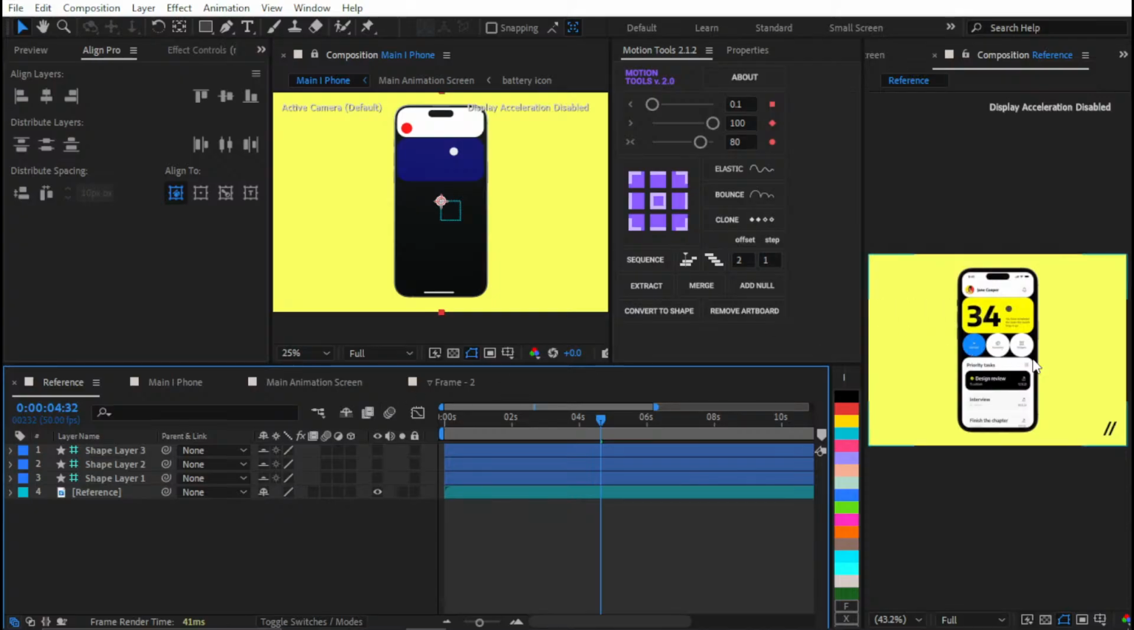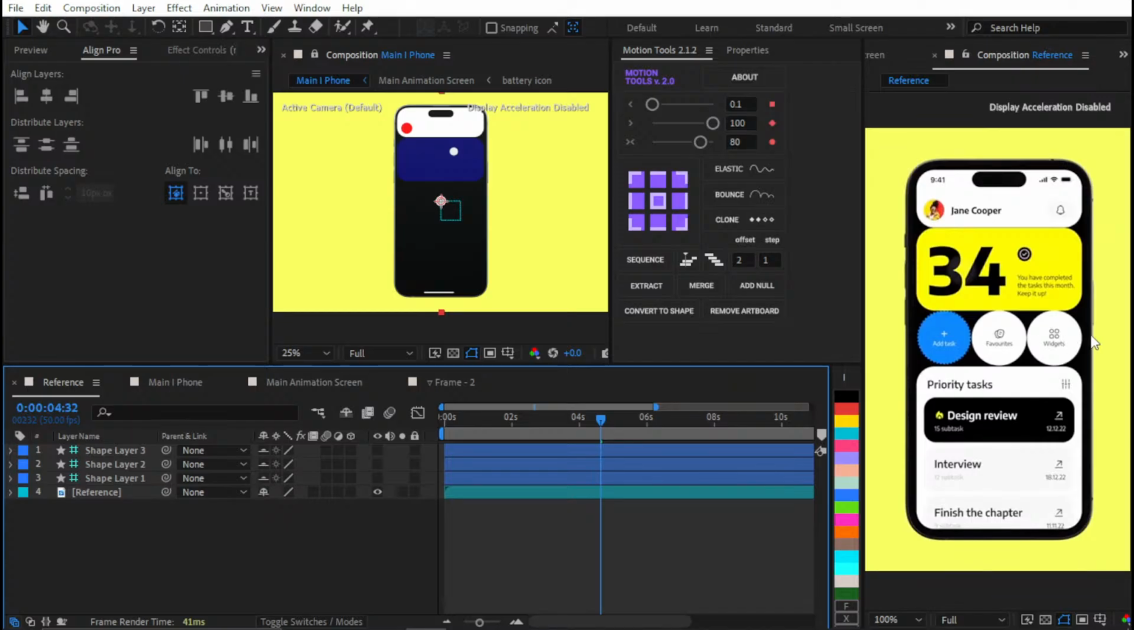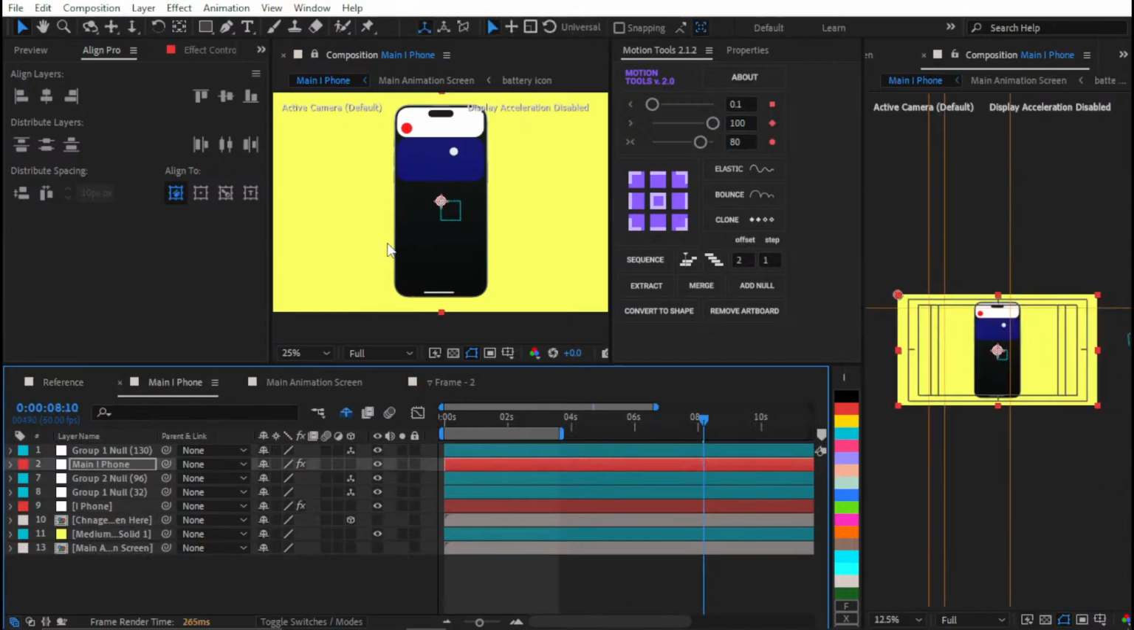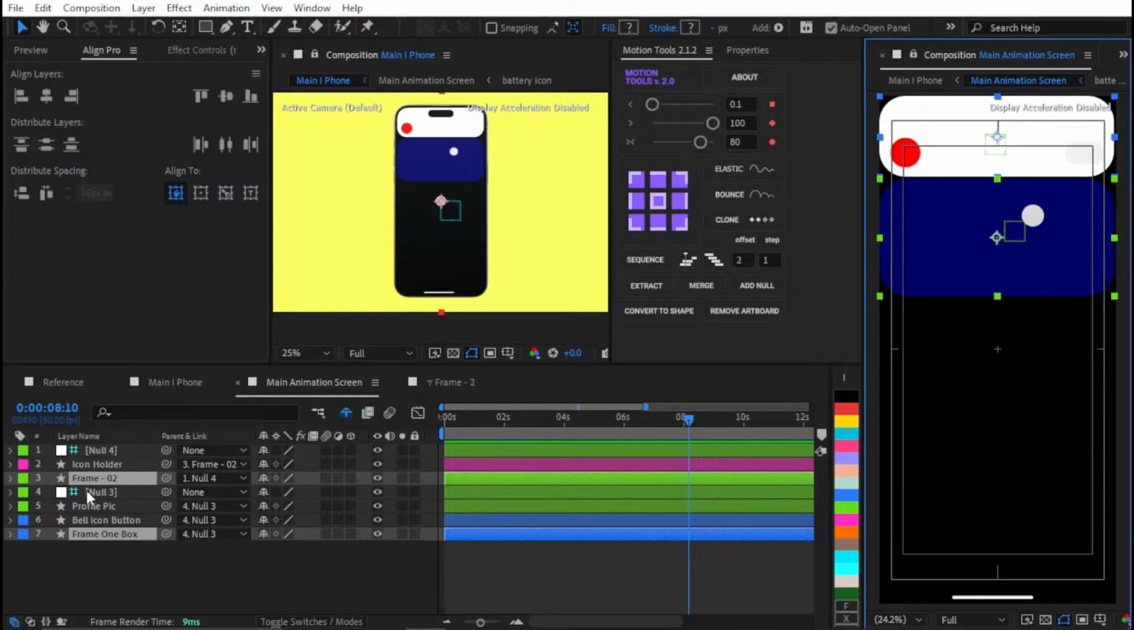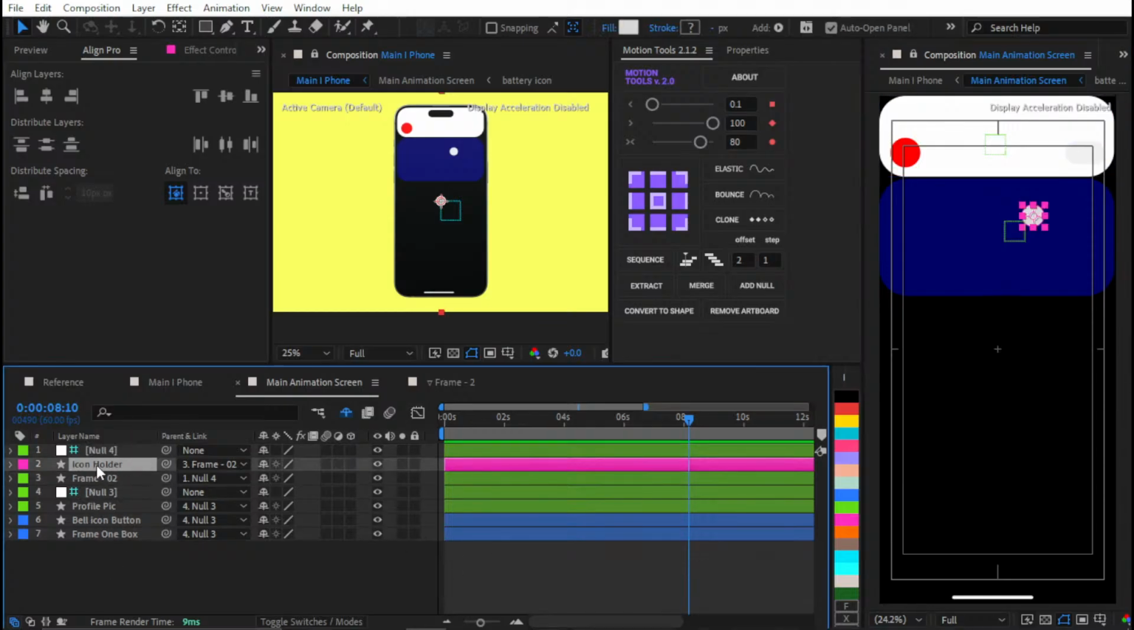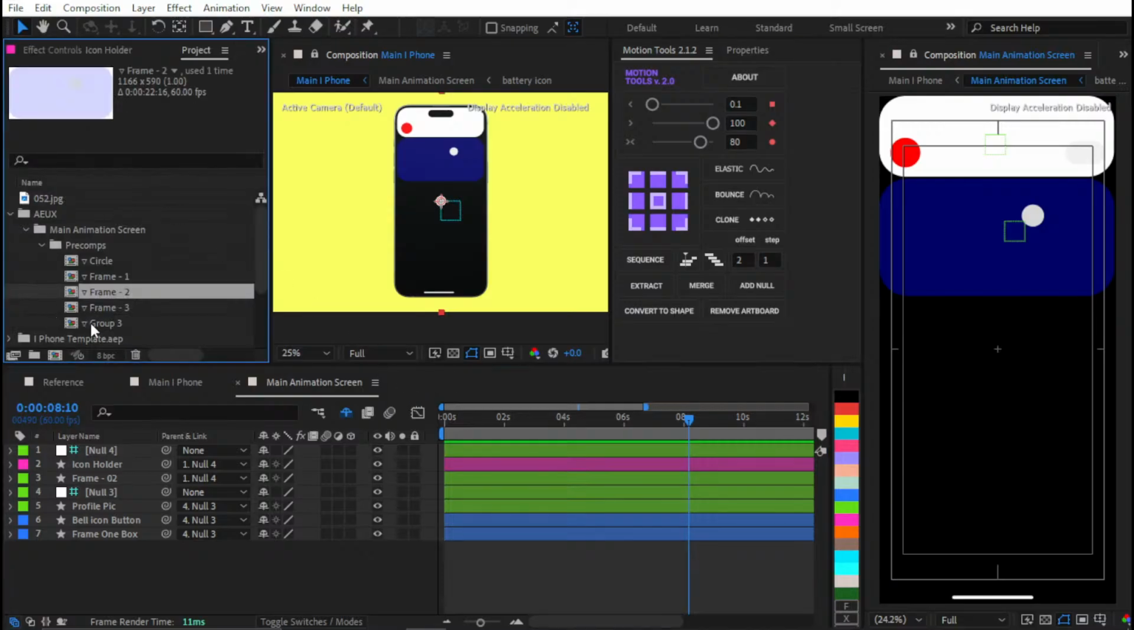and that's okay. We have this ellipse, circles and all stuff here, so we have enough space for other elements. So we don't have to worry about that. Now let's go to our main screen, lock this and let's relink this icon holder to null 4. Now let's close this, go to precomps